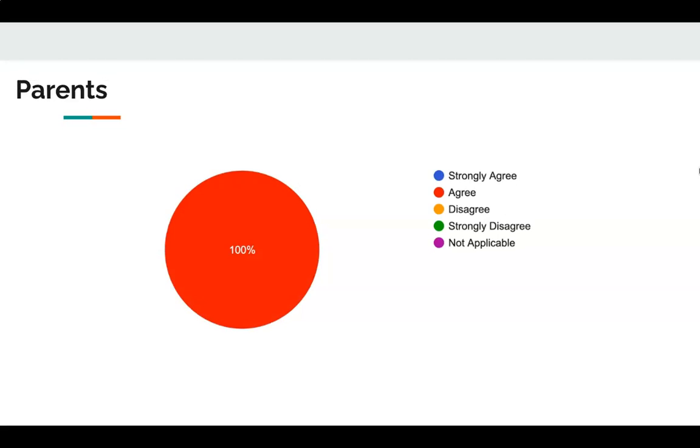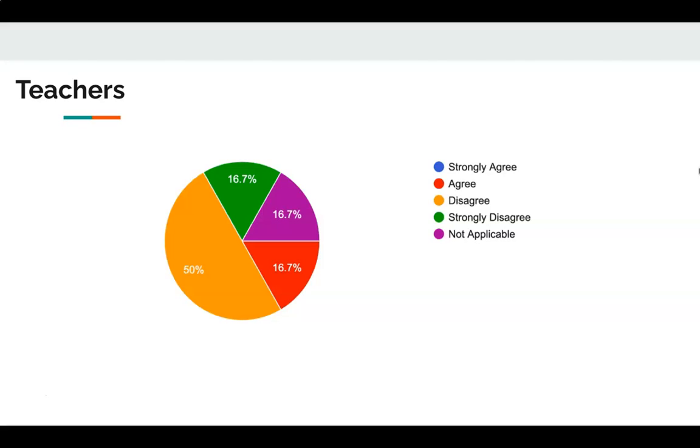And then we also had a positive response with parents saying 100% of them were in agreement. Now, teachers, again, vary whenever we get to this question. And I think that their response on this is very important because they are the people, like I said before, working with these students on a daily basis. So we didn't have anybody that strongly agreed, and a very small percentage, 16.7, said that they actually agreed that there was enough training and support for educators that have ELL students when they're trying to meet those needs.